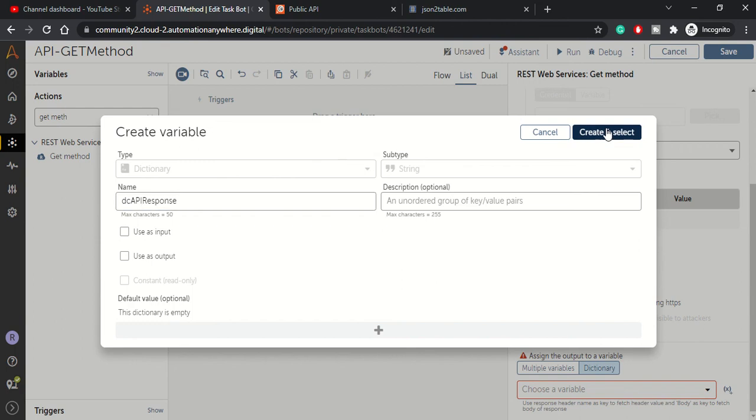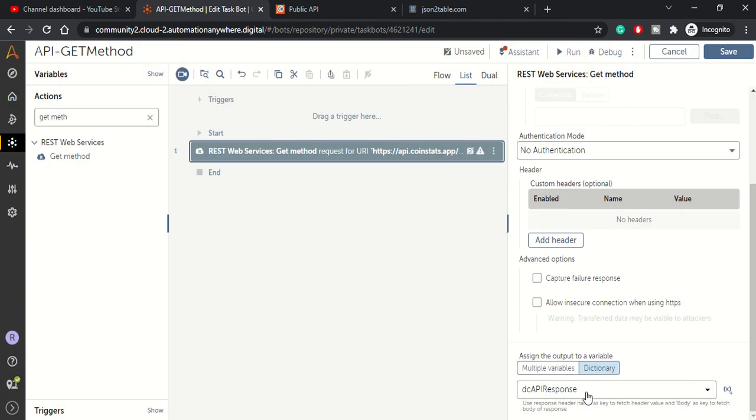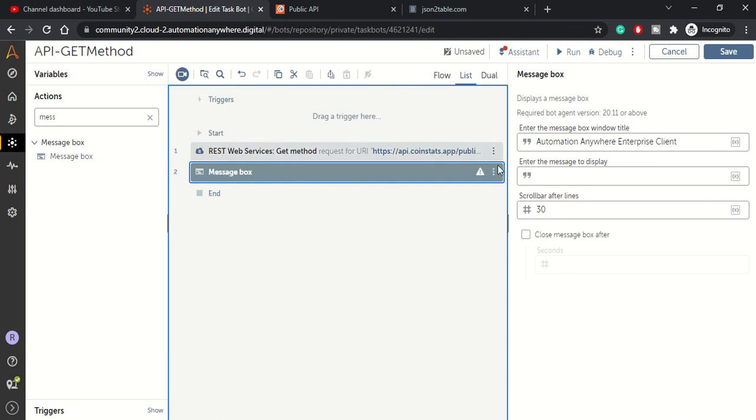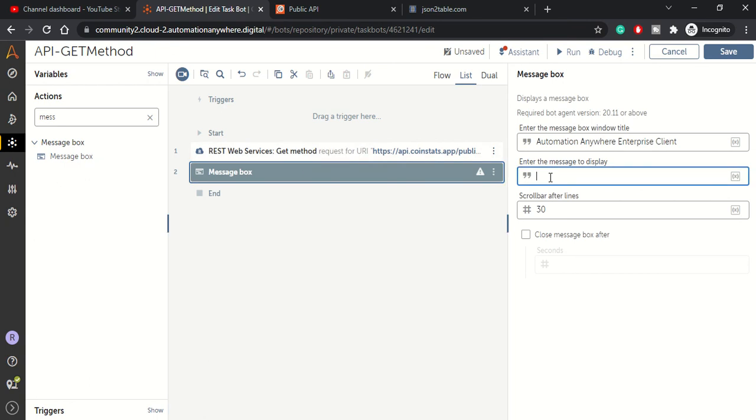So this is my variable, and remember the data which is fetched from the API is always in the body key. So whenever we access this dictionary variable, we have to pass body as a key to get the data. Let me put a message box here to display the data.